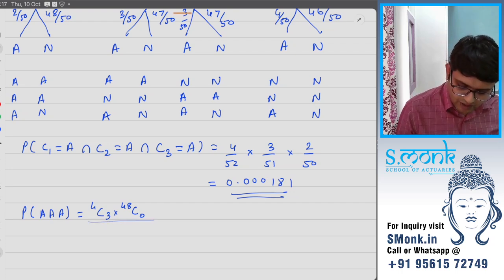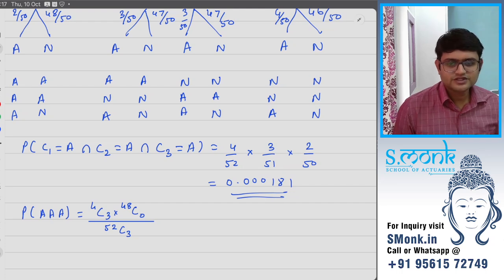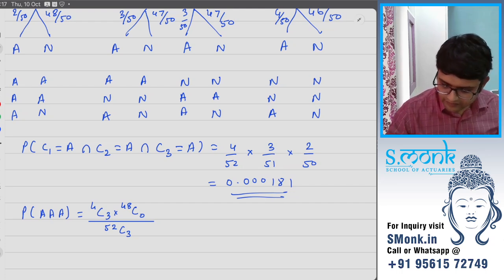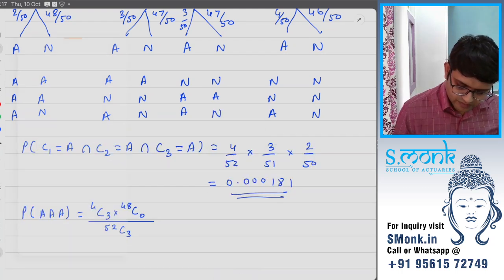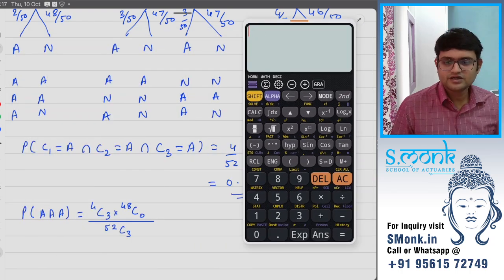non-aces. Upon total out of 52, I am selecting any 3. This will give you exactly the same probability. We can find that out in our calculator, we can directly